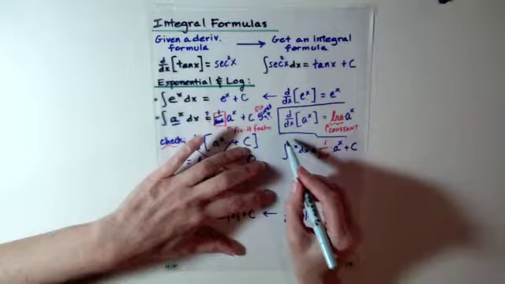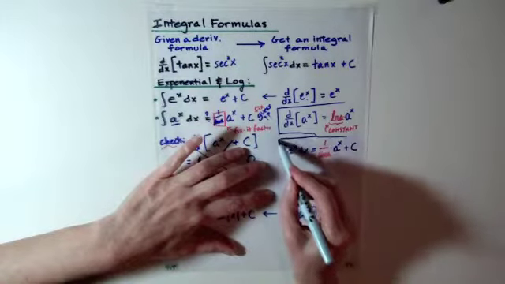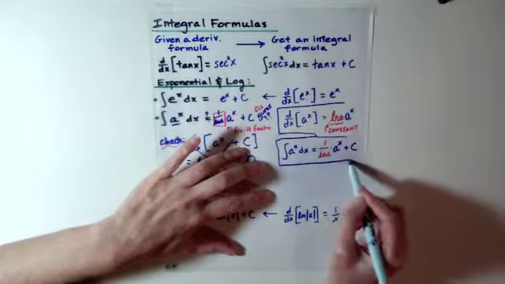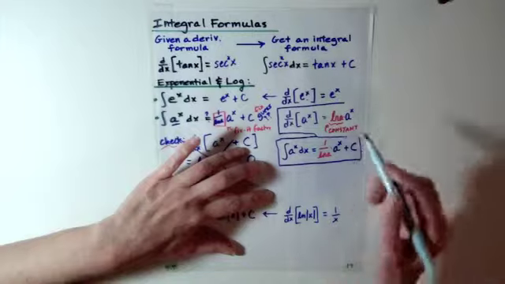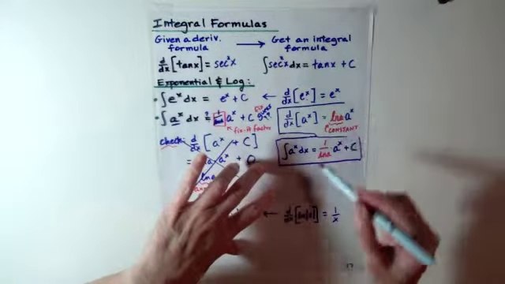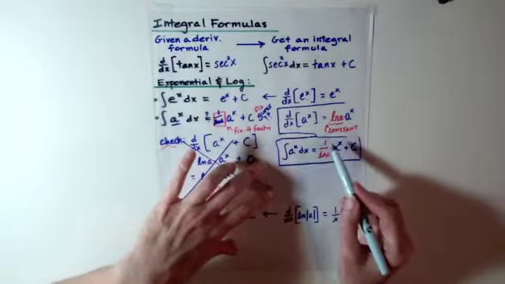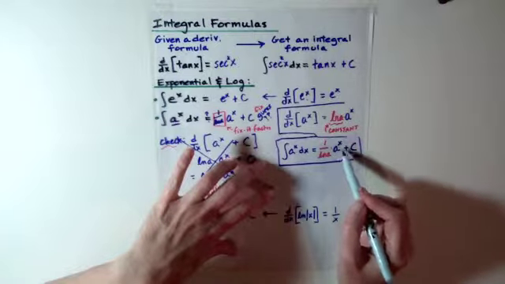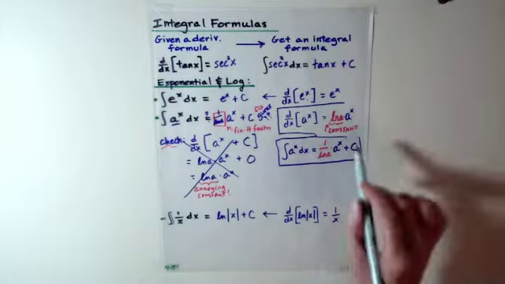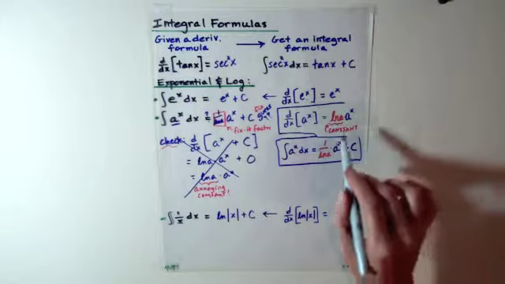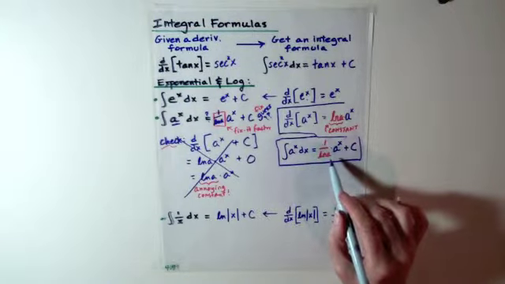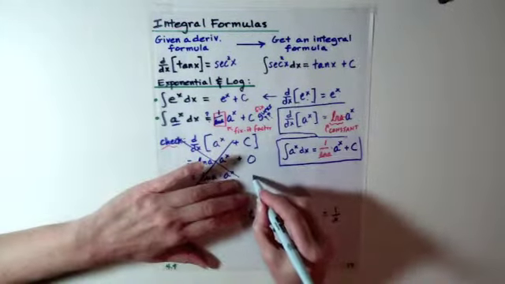So you notice these formulas look rather similar to each other. When we differentiate a to the x, we get ln of a times a to the x, and when we integrate a to the x, we get 1 over ln of a times a to the x dx. Well, I haven't really checked my answer here. I'm thinking that this is the right fix-it factor. To check it,